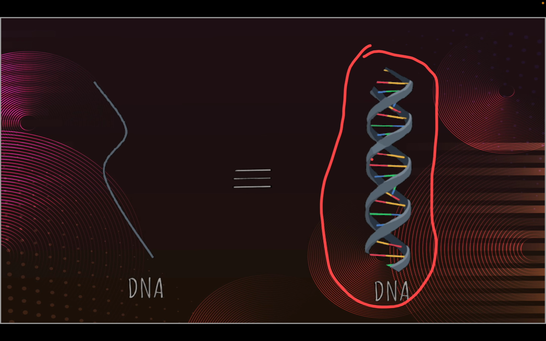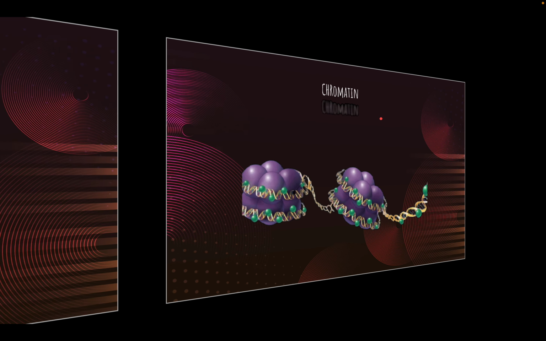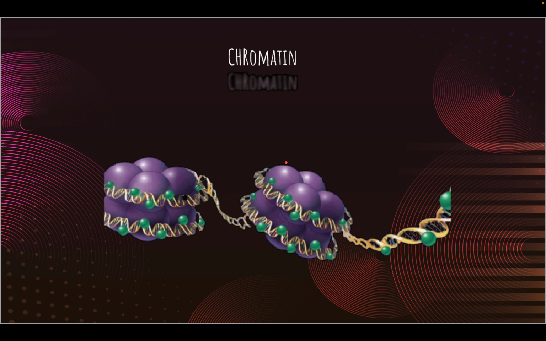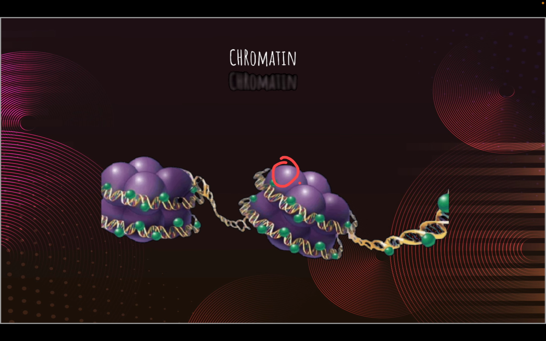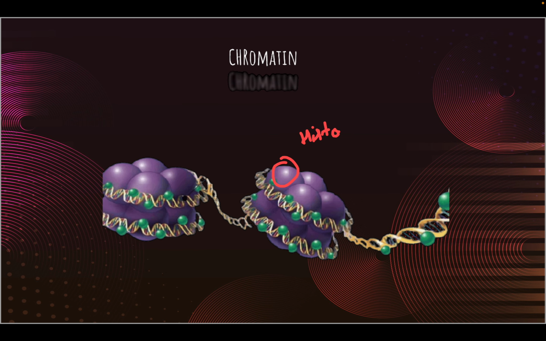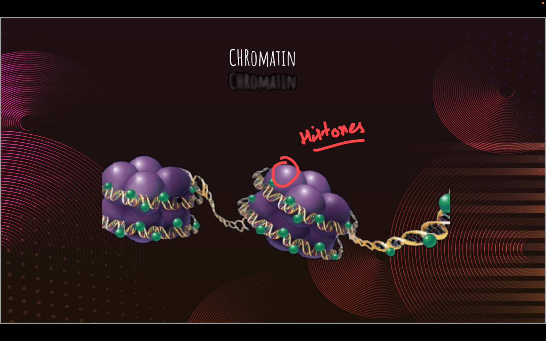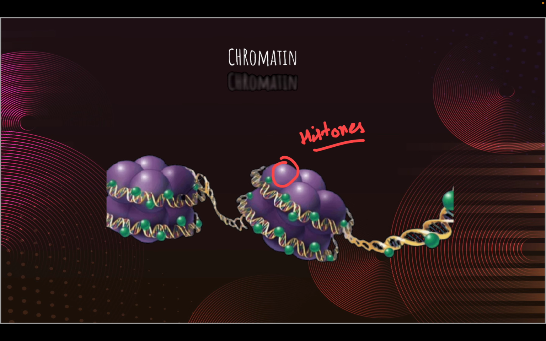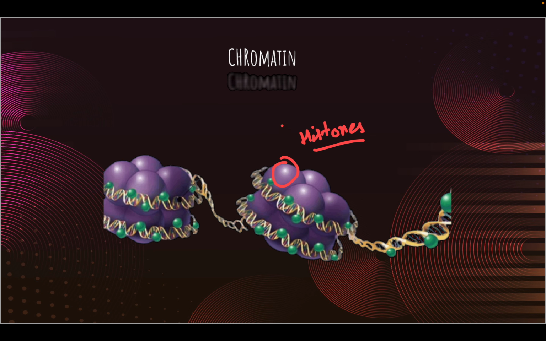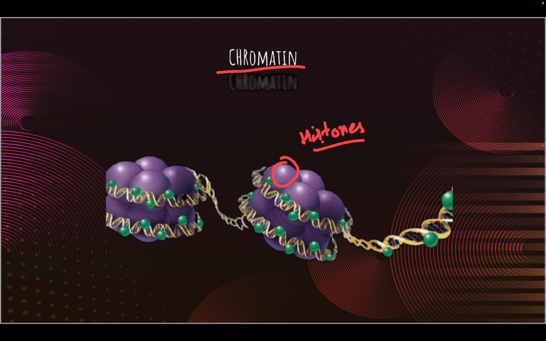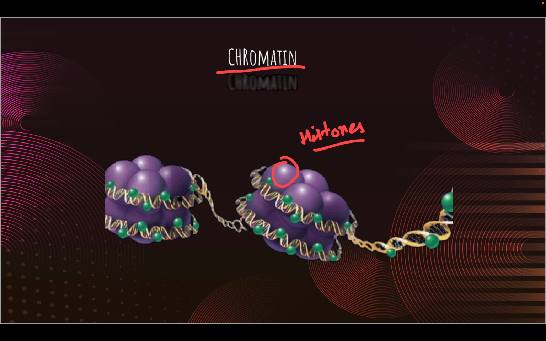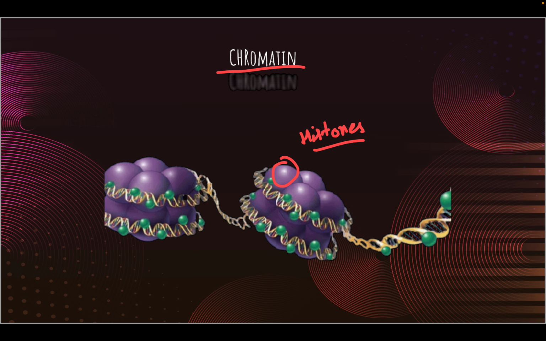represent this DNA. So when this DNA molecule is wrapped around some proteins called histones, then what we get is chromatin. So these pole kinds of structure that you're seeing here, they are histones. So when your DNA molecules are wrapped around these proteins called histones, then what we get is called chromatin. And basically these histones provide structure to the molecule, and